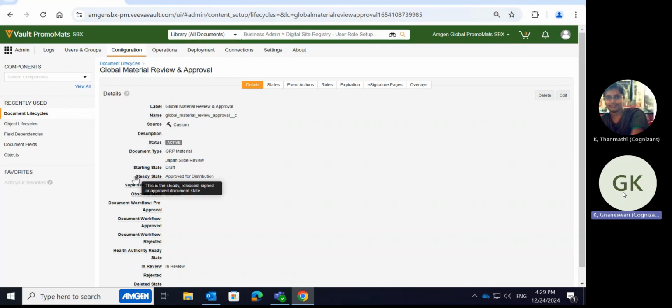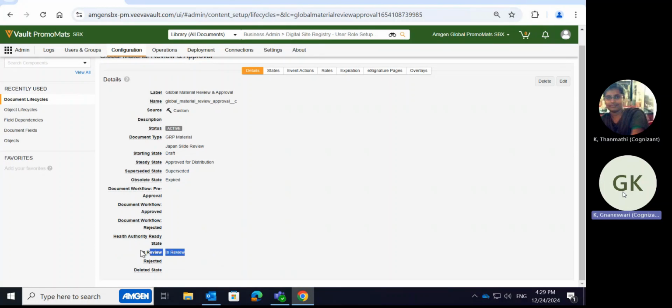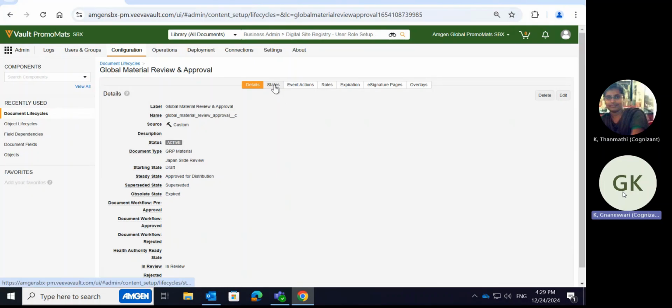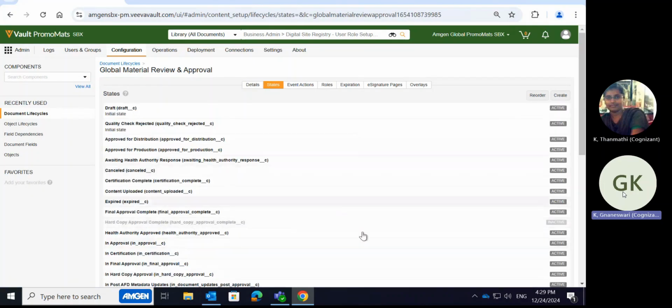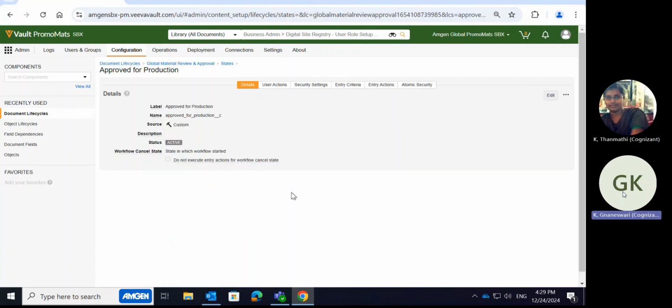So Vault should know what the steady state of the document should be, and that is approved for distribution. That is the steady state. And these are the superseded status, obsolete status, expired, and in review status. So the states, we may have a requirement to create a state. We just click on create and give the state name and label, and if we hit create, it will be created. And here in each state we have